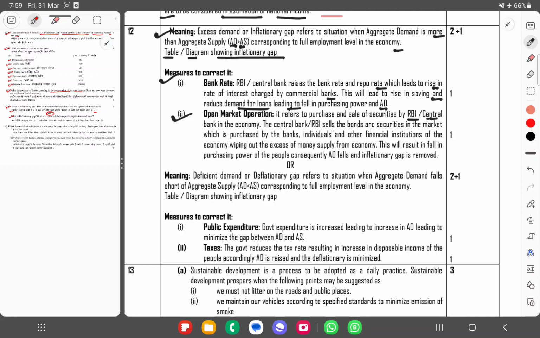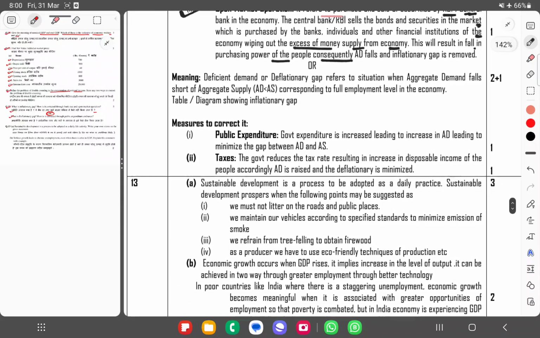The central bank RBI sells bonds and securities in the market, which are purchased by banks, individuals and other financial institutions of the economy, wiping out the excess money supply from the economy. This will result in a fall in the purchasing power of the people. Consequently, AD falls and the inflationary gap is removed. Yes. Second one,